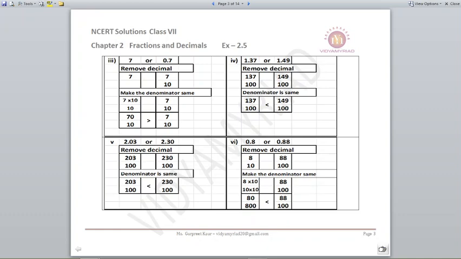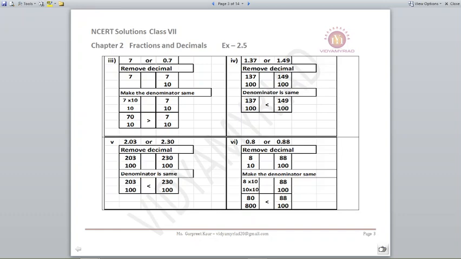Third part, 7 or 0.7. What is 0.7? 7 upon 10. Now let's make 7 also upon 10 by multiplying it with 10. It will become 70 upon 10 and 7 upon 10. Which one is bigger? 70 or 7? 70. So 7 is greater than 0.7. Fourth part,